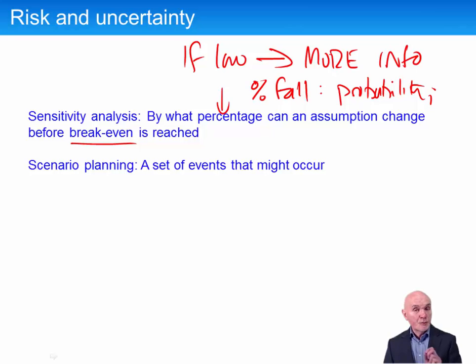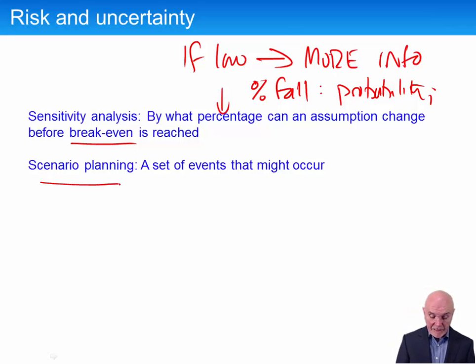So I could suggest that a 2% fall in the volume of products being sold is highly likely, because the volume of products being sold can be quite difficult to predict. But a 10% increase in maybe the cost of the project, or a 20% or 25% increase in the cost of the project, is actually relatively unlikely to occur, because it's probably easier to establish control over costs than it is over future sales volumes.